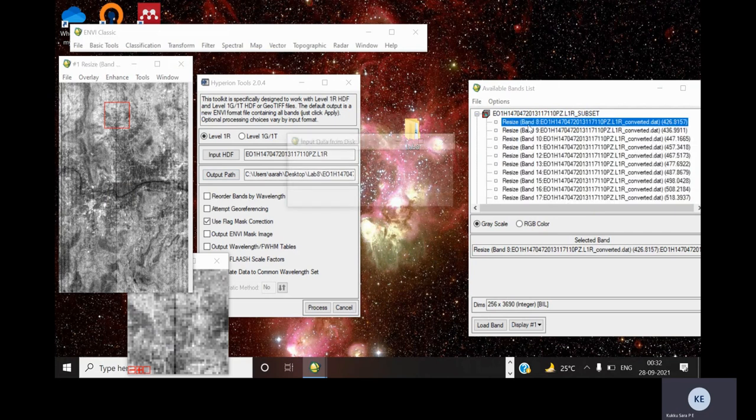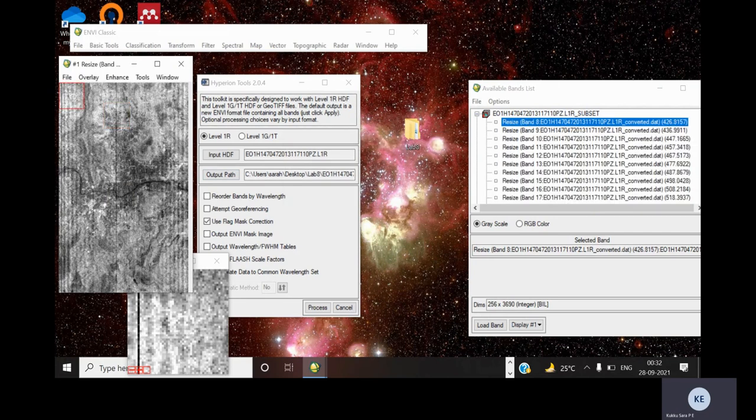So select the band whose vertical strip we have to remove.